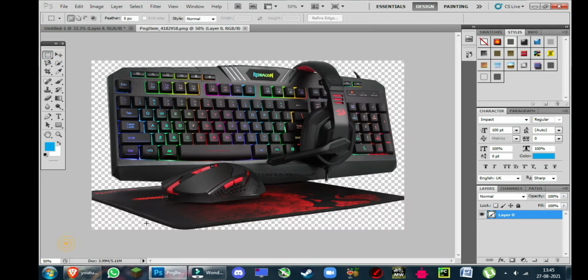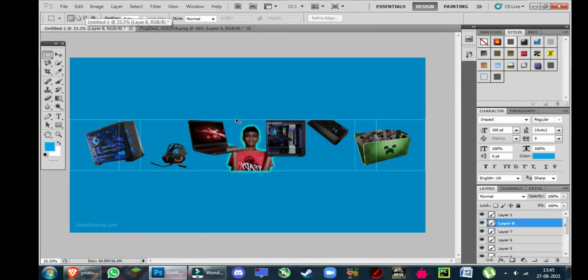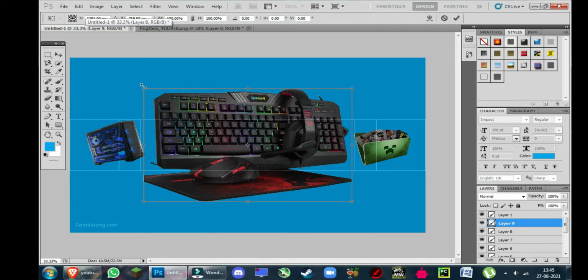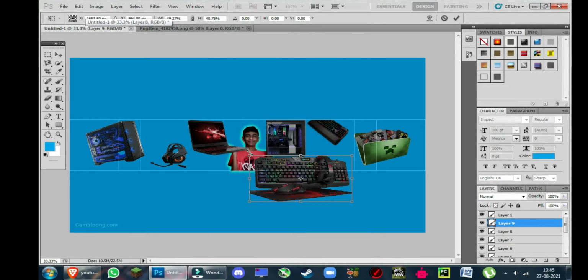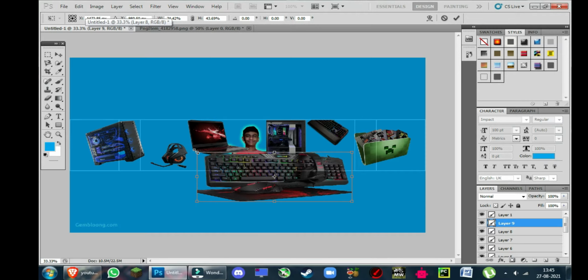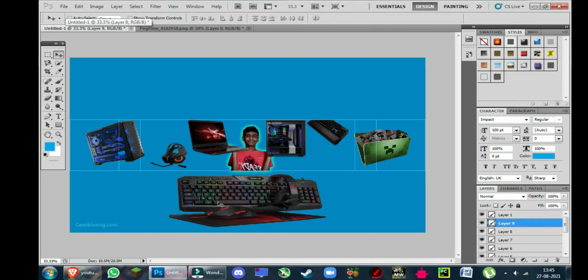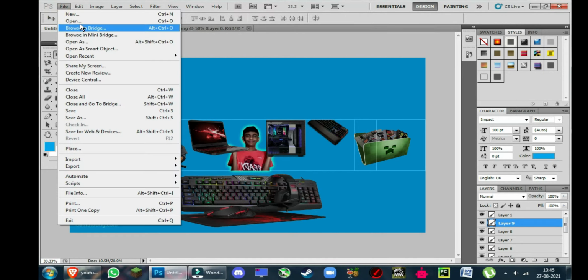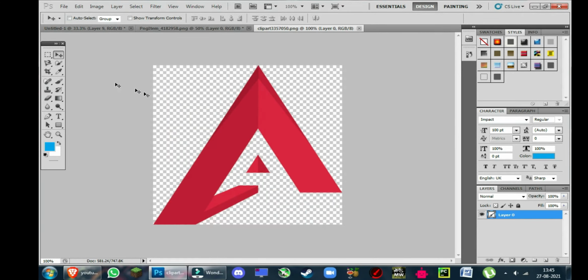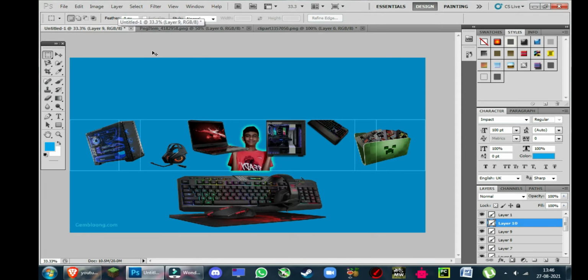Obviously a banner is incomplete without a symbol, so I'm going to add my alpha text symbol over here. It looks very nice, and I'm going to place it over here. You can add any type of text. Use this text tool here, make a border first, and then you can type anything. You can type in any language, no problem. You can type anything related to you. I'm going to type tech, and you can even change the font and the size, so it doesn't matter.